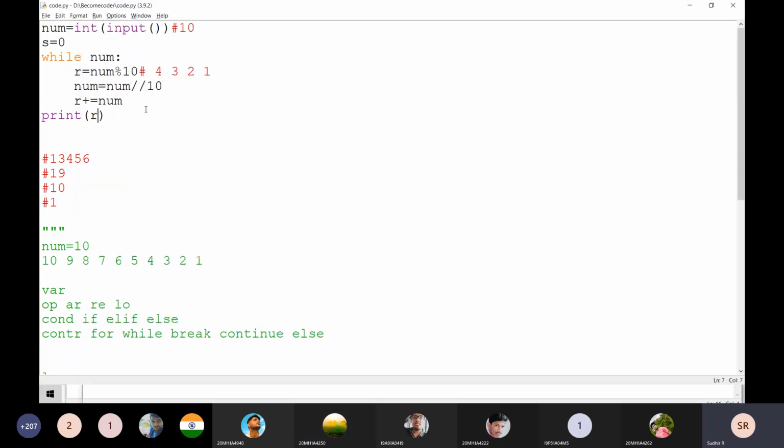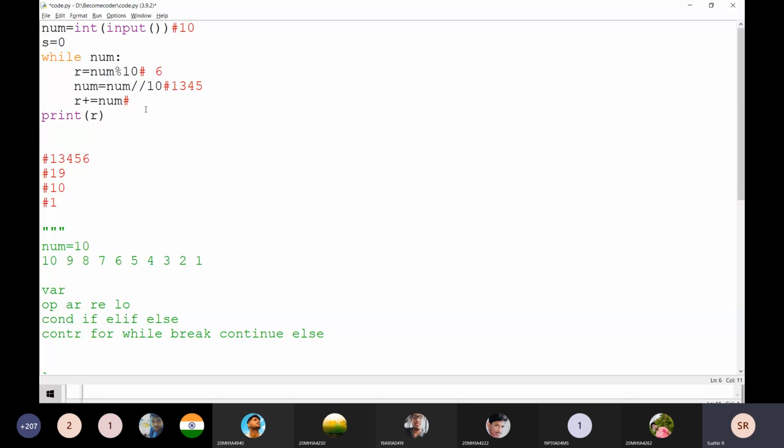Okay, I will try to run it. What is it? First of all, it is going to be 4, and it is going to be 1, 2. Here it is going to be 6, and it is going to be 1, 3, 4, 5. It is coming here and it is going to be printed.